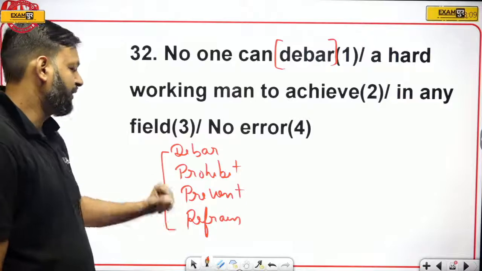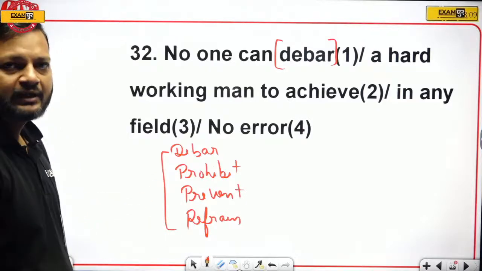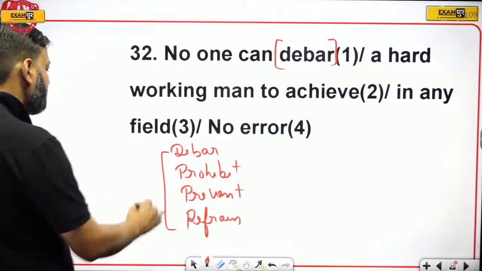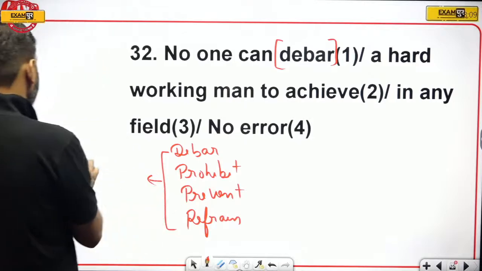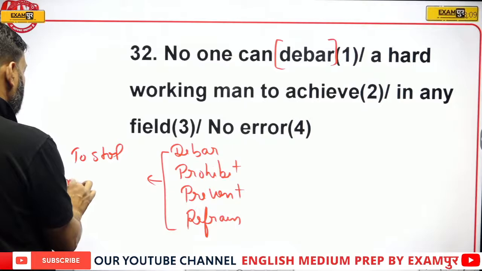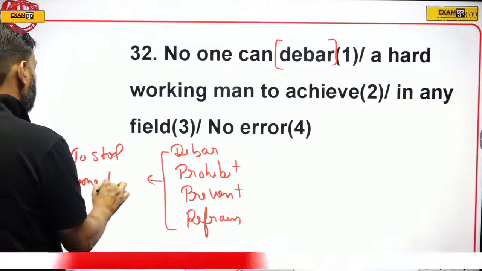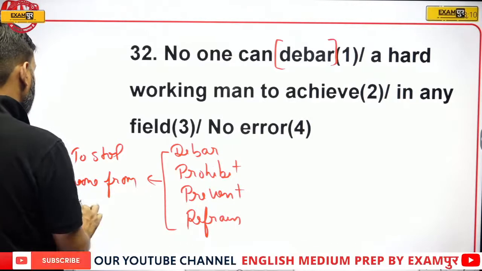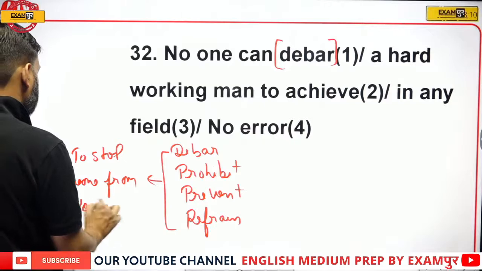Debar, prohibit, prevent, refrain, all these words have same meaning, okay. The meaning of these words are to stop someone from doing something,